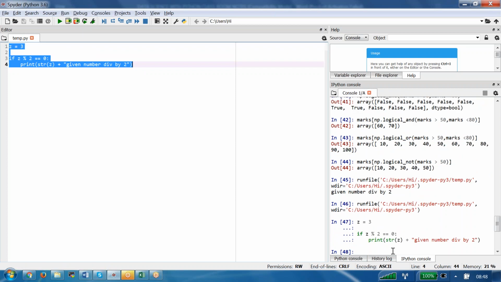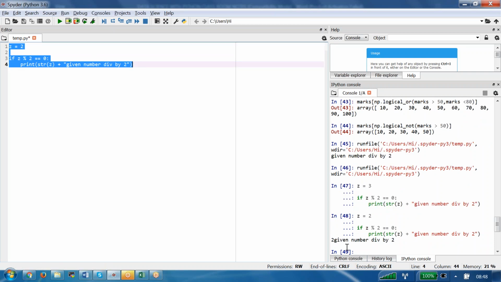Then what is it saying? Is it printing anything? Because what didn't you handle? The else statement we didn't handle. It is not falling under this bucket, right? If I give 2 here, that is going to print the 2, given number divisible by 2. Okay, if I write here this given number word,